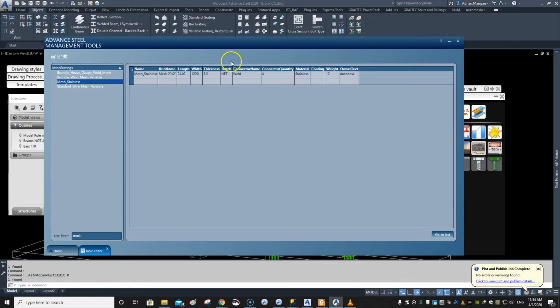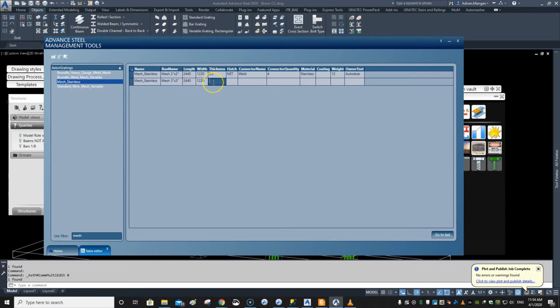management tools, and let's create a mesh 3x3. So we'll do the same, mesh underscore stainless. Hold on, that doesn't work, because it's going to have the same name, so I'll just switch these two names. It's not allowing me, obviously, I can't have the same name for both, so I named that wrong the first time around. So we'll make this the same size, 240,